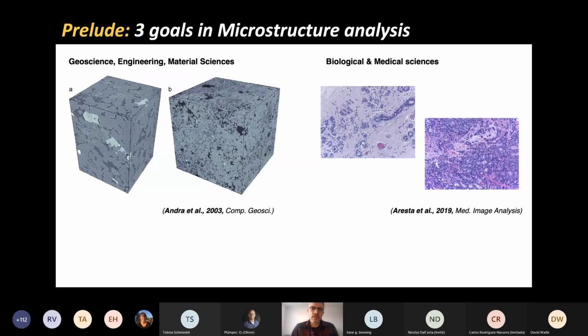So for the purpose of this talk, we're always thinking about microstructure images. Okay, now you can choose in your own mind what microstructure image means for you. And it could mean, like on the left-hand side, a 3D CT scan image, for example. It could be a 2D FIB-SEM image, or it could be, on the right-hand side, what you see here are histopathology images of breast cancer tissue. So there is a healthy tissue here on the left, and there's a cancerous tissue on the right.